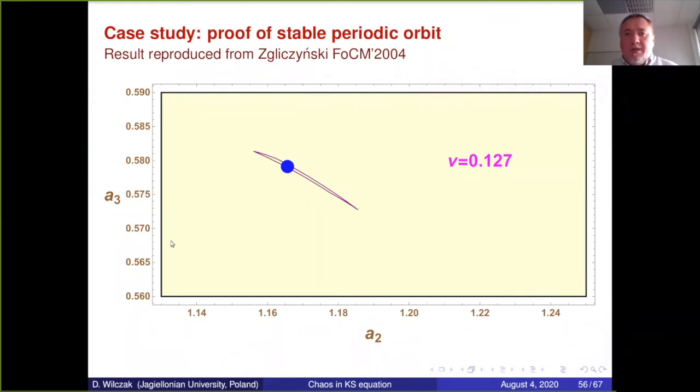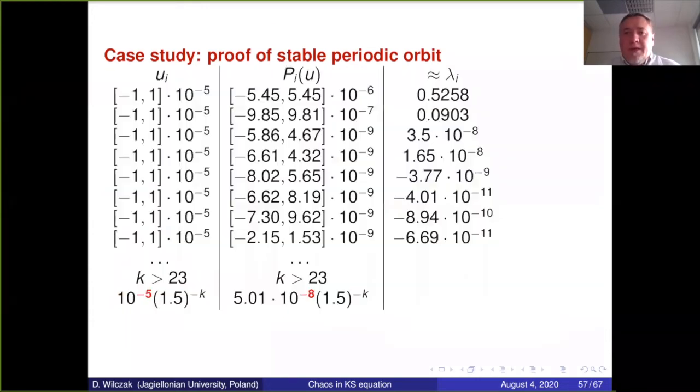So the rectangle is mapped into itself, more or less. Okay, and this is the image of this rectangle. So we see that there should be an attracting periodic orbit inside. And using just topological methods, we can prove the existence of this periodic point. We start from our infinite dimensional set of this form. So we have a box around the approximate orbit of this size and a geometric tail at the end. And after we compute the Poincaré map, we obtain the following quantities, okay?